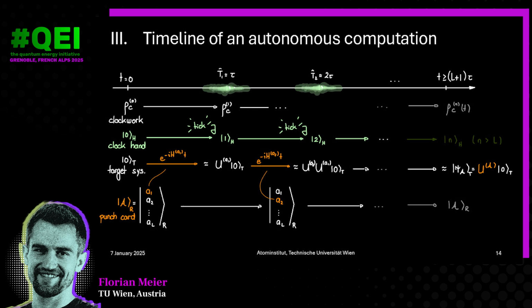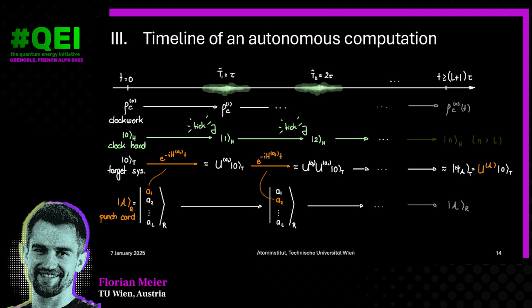This is the preparation phase, where the clock register, the clock counter, is in 0, the target system is in its 0 state as well, and the punch card encodes the program you want to carry out. Now, we want the interactions to be such that if the counter is in 0 and the punch card says